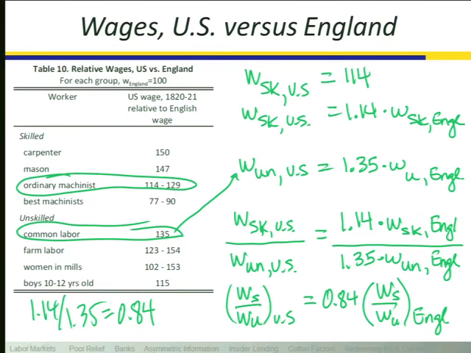Right. So if instead of choosing this 114 number, I took and computed a ratio, an average of those numbers and used that instead, right? So we can redo this in a variety of ways. But I wanted to show you this because next I'm going to show you what happens to the skill premium